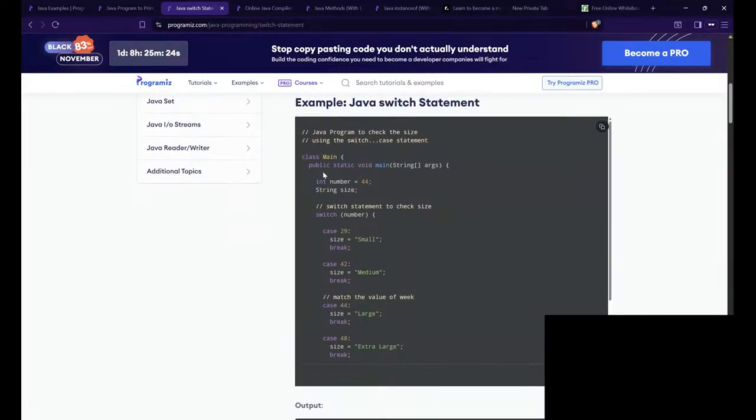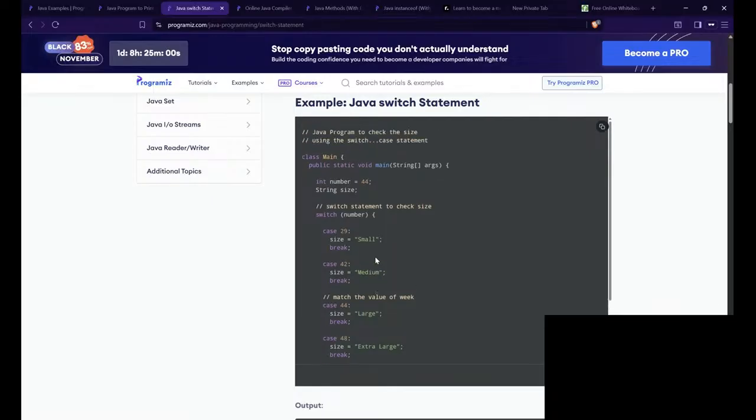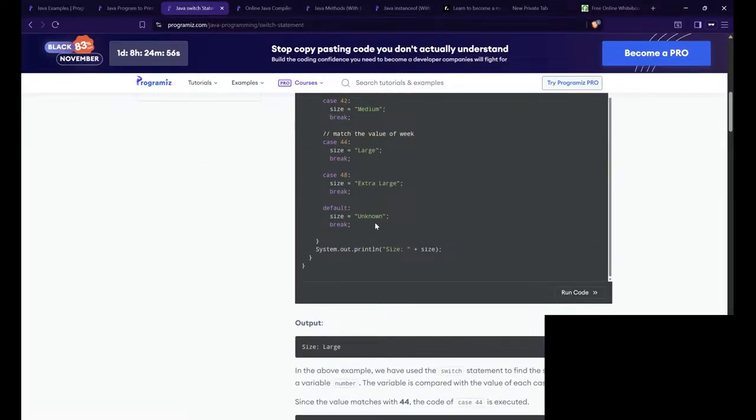You can read this. Case 29: if the user enters 29, size small; if the user enters 42, medium; if the user enters 44, large. Over here it's already pre-entered, so no need to enter it, it's hard coded. So 48, or if you have typed in 37, there's no case for 37, so it would print the default case, which